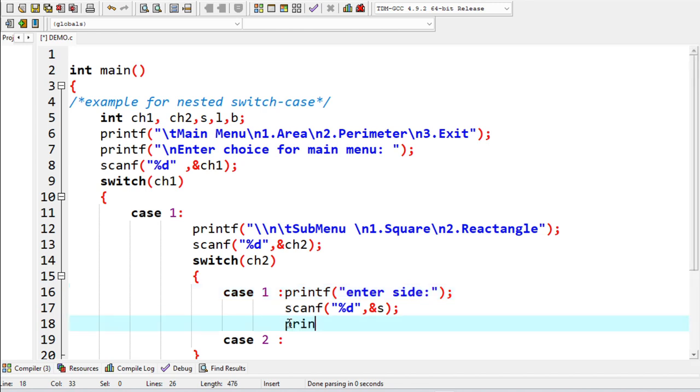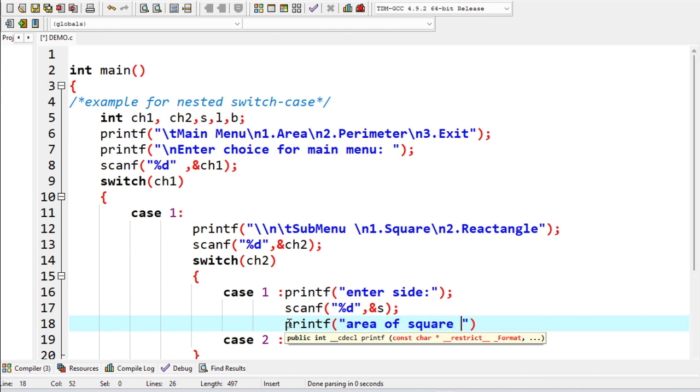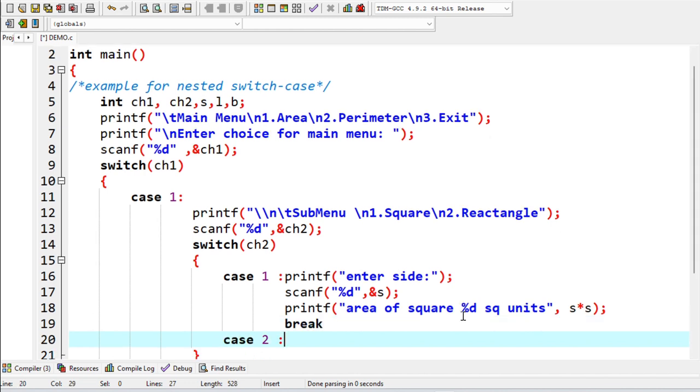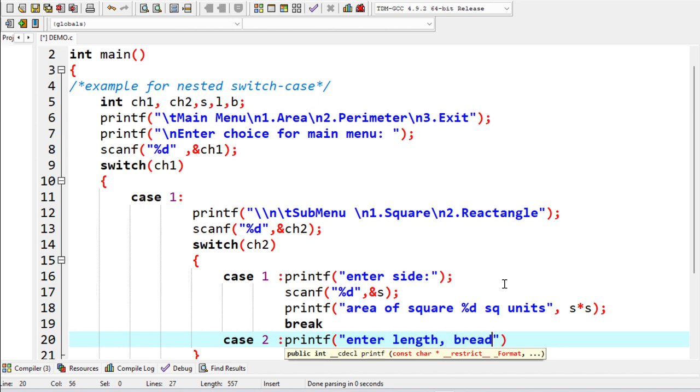So I'm going to show the area of the square to be, I'll have the placeholder here, and probably I'll want the unit shown as square, so many square units. And what's to come in the place of the placeholder? Side times side. Now the break for the end of case 1 of the inner case. Now in case it's a case 2 which corresponds to rectangle, I'll prompt the user to enter the length and the breadth,